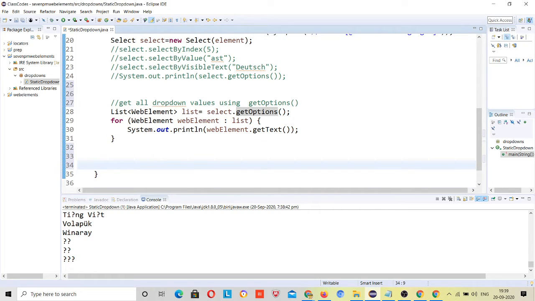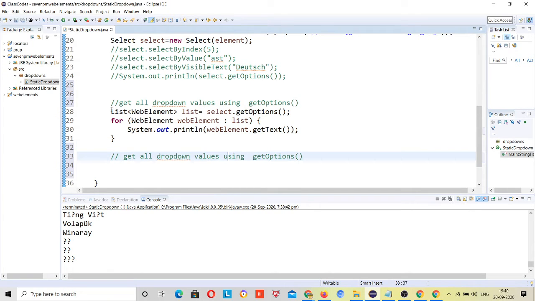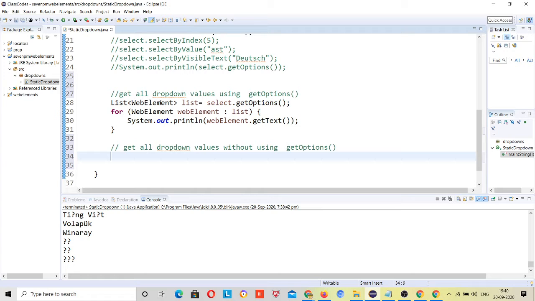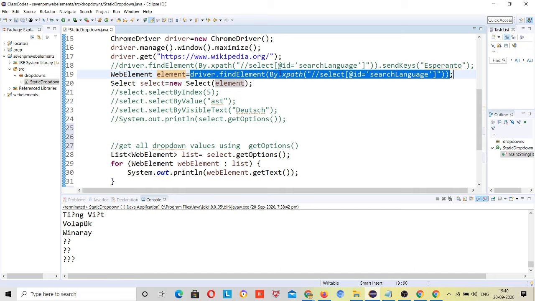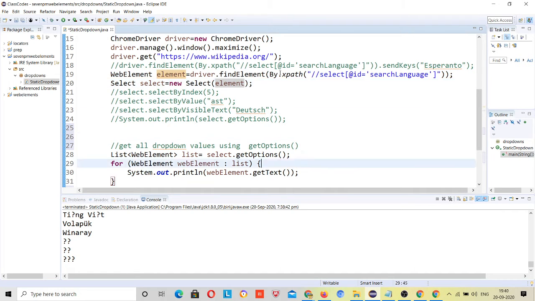If someone says get all drop down values without using get options, it is the same process but in a different way. You have the locator where this element is, just copy this. Now you have to do one thing.